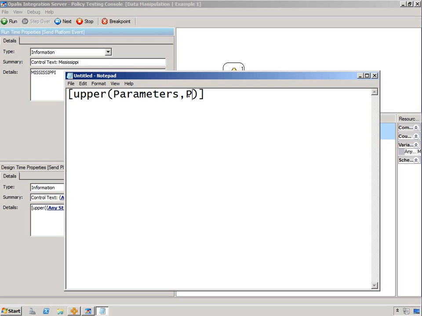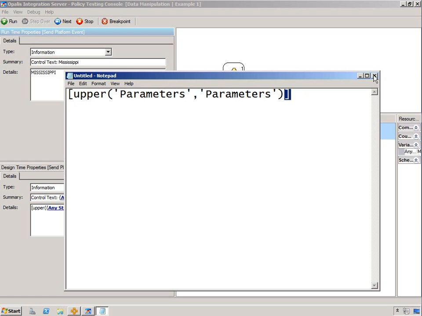Now the parameters, of course, could be many or a few, like the upper. And some of them need single quotes. Some of them don't, depending on what kind of data we're talking about. But in general, let's review again. It's left square bracket, function, parameters separated by a comma with single quotes around some of them, end parenthesis, and